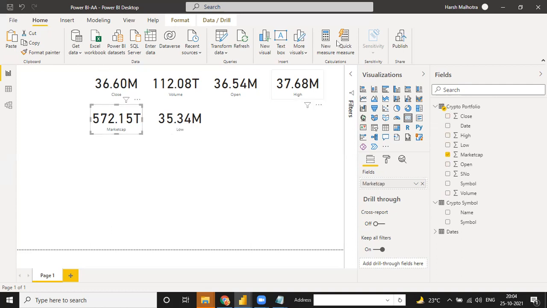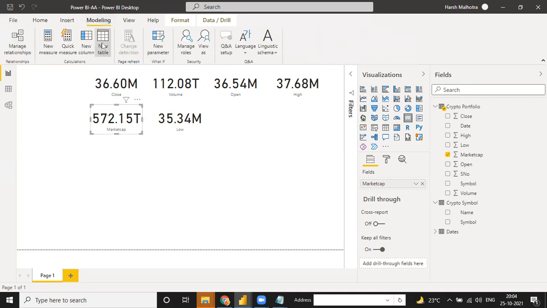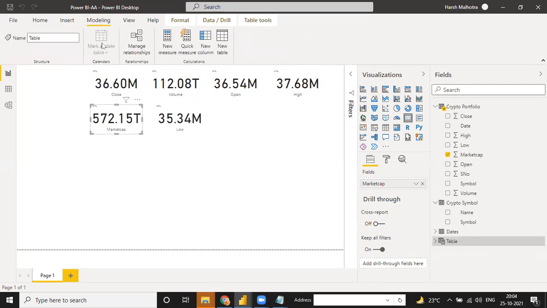So for this, we have to create a new table. Go to Modeling and select New Table. And you can write a table name as Key Measure, because every measure we want to create will go into this table, and just click enter.